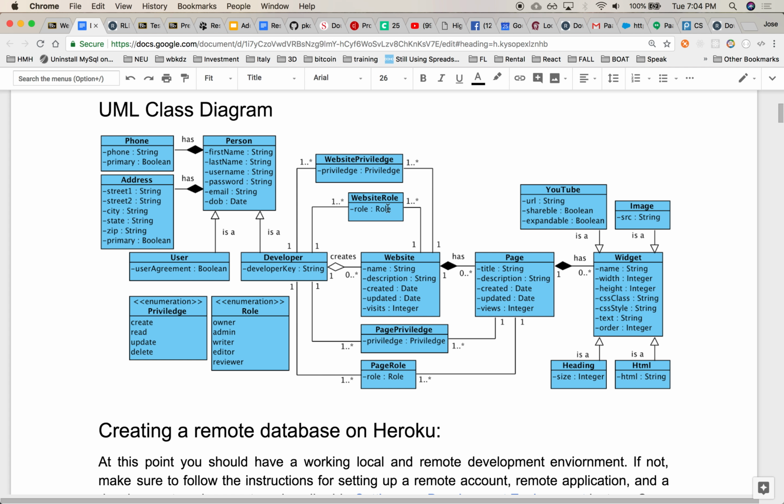What else? Let's see. We have a couple of inheritance associations here. We have that developers and users can both be persons. They can inherit all the attributes of a person. So all developers or users have first name, last names, usernames, and whatnot. They also have, everyone has a phone, everybody has multiple phones, multiple addresses. Notice that this has